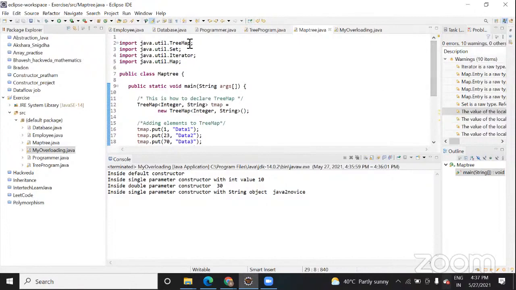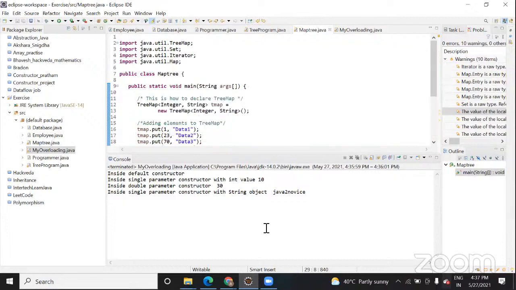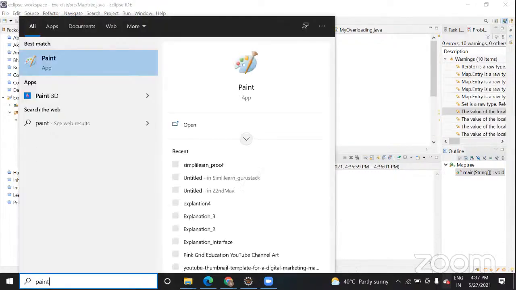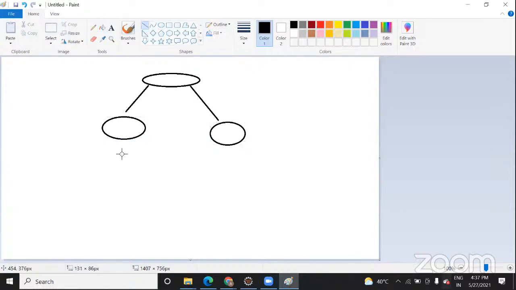Are you getting what I'm saying? Tree structure in the sense of branches. They follow the red black tree structure, an algorithm you are going to study in your next semester or maybe this semester. The data follows a tree-like structure, something like this, where this is your parent, this is your child. In this way, the data are saved.